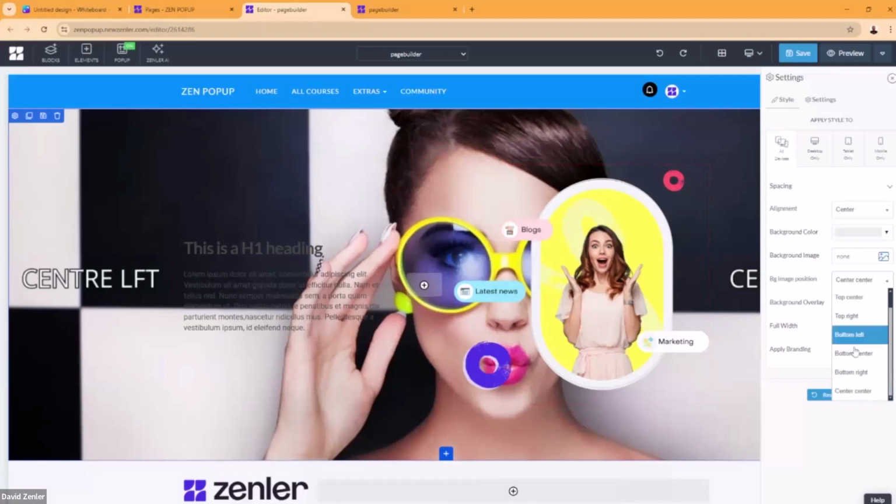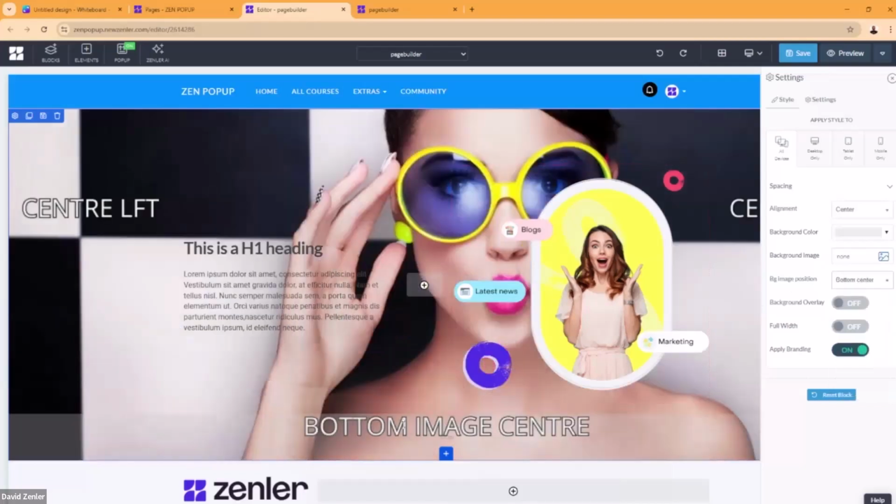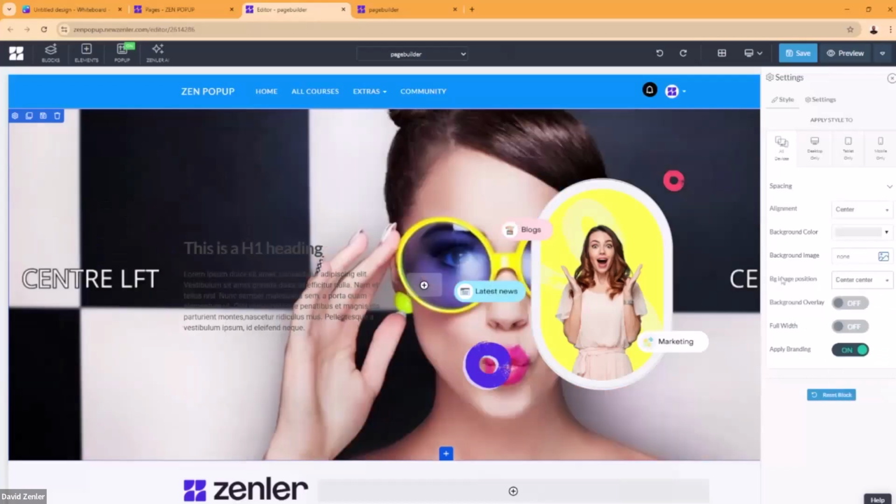But you can basically change it to, like, bottom center. So now with bottom center, it's pushing it. So it's saying, okay, in that block, you want it to appear from the bottom up, or in that block, you want it to appear from the image top down. Do you see what I mean? So it gives you that control in here. This is something that catches a lot of people out, and they have images that are really off because they haven't set the image position inside here.